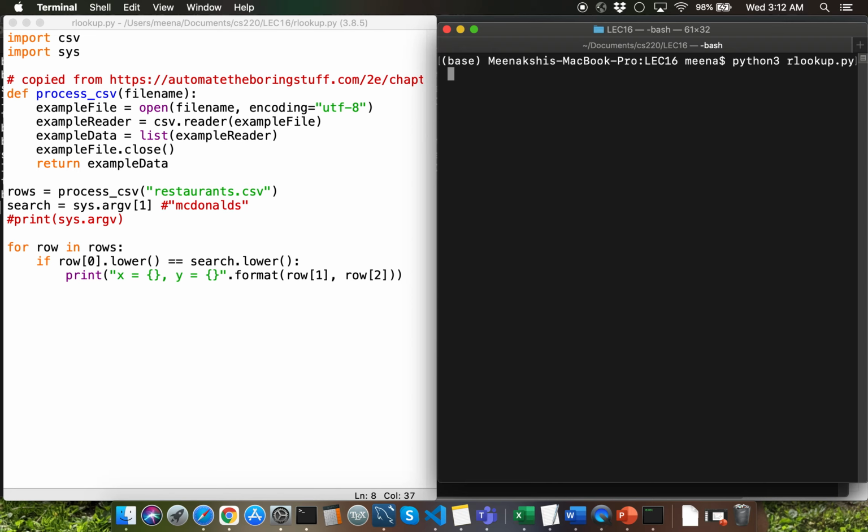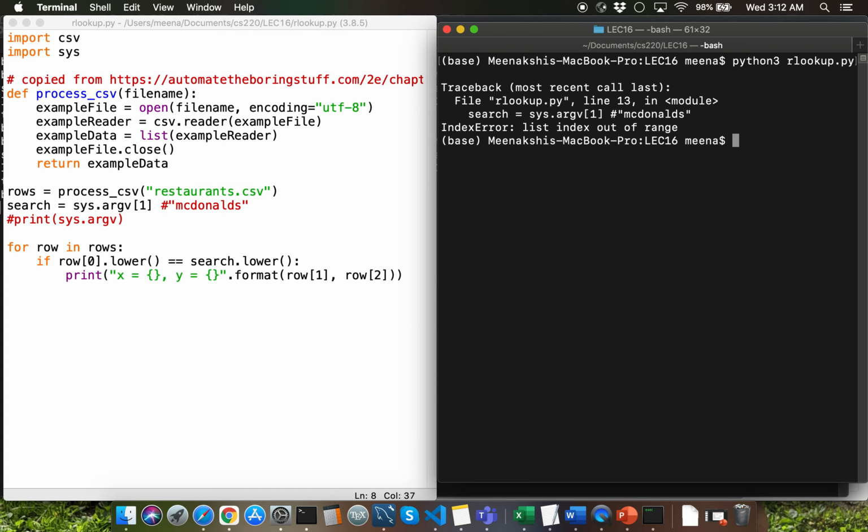What if we decide not to pass command line arguments? Let me go ahead and press enter. That's going to throw an index error. That's because we are trying to access the item at index position 1 within the sys.argv list. Keep in mind that sys.argv is a special list which enables us to process command line arguments.